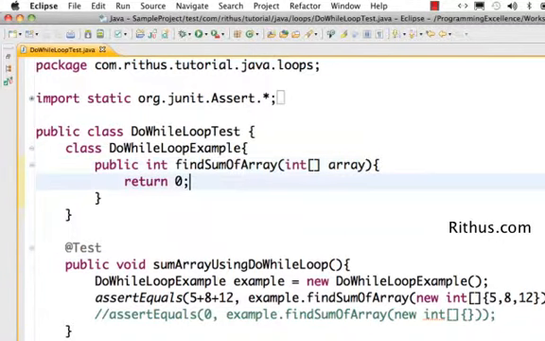Let's get started. The do while loop is a different kind of loop from all the other loops.